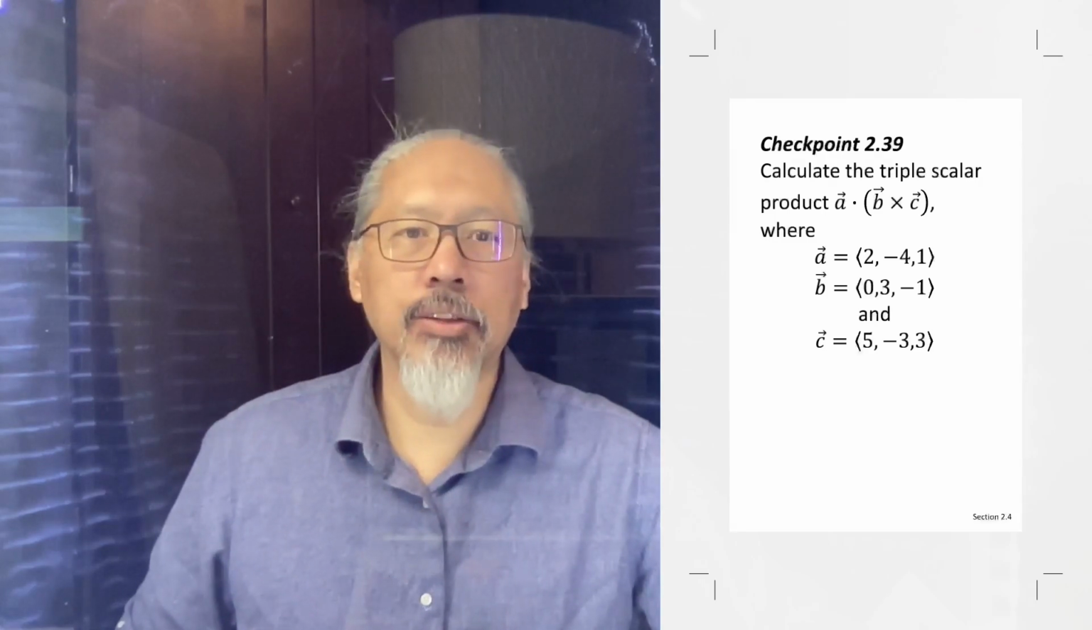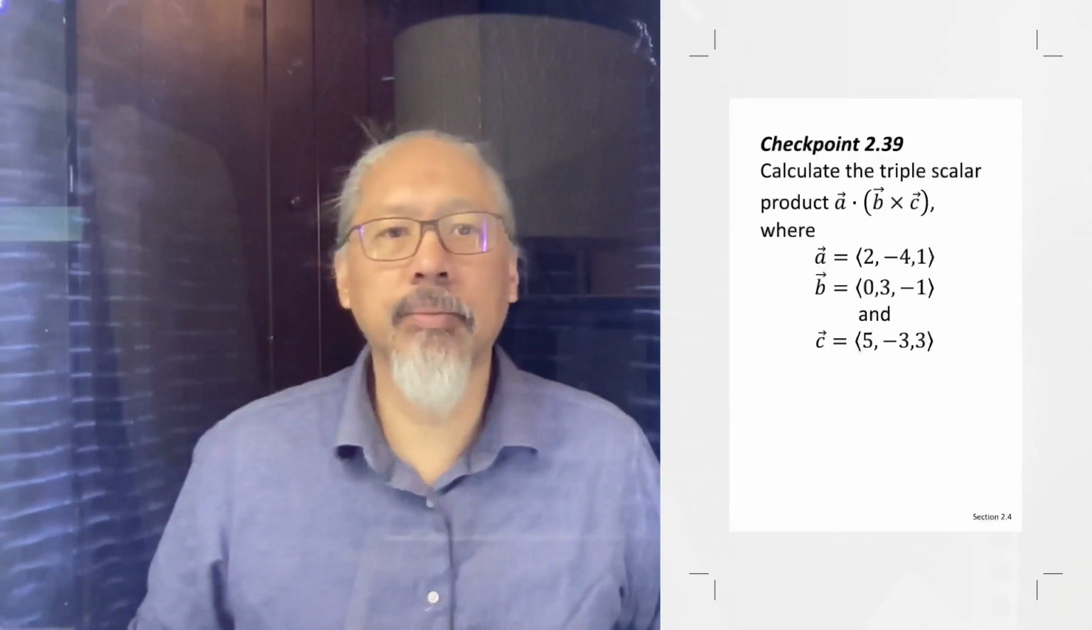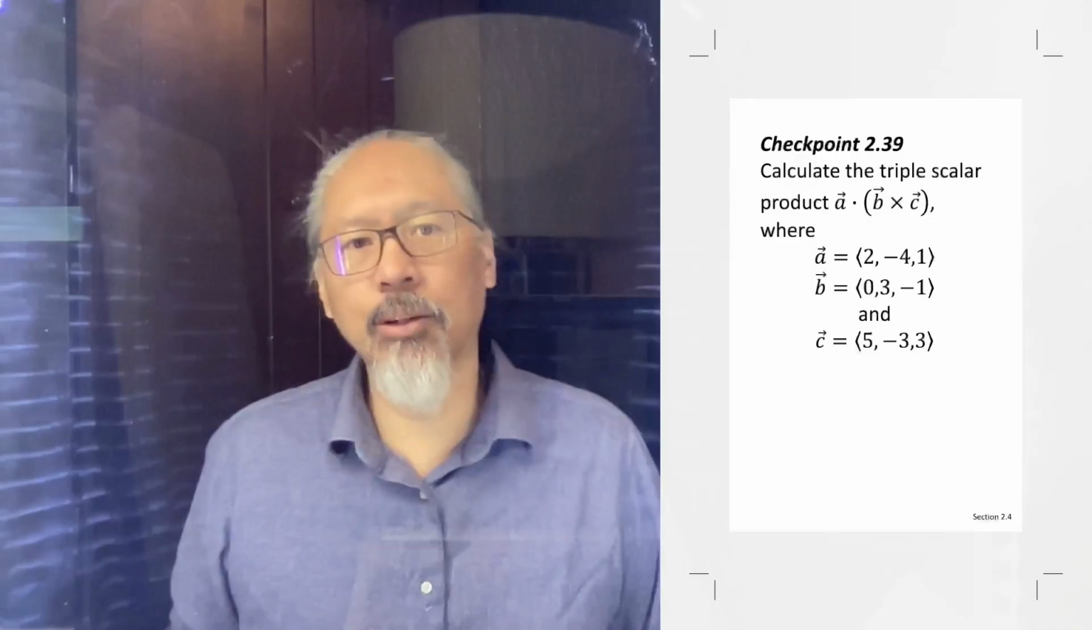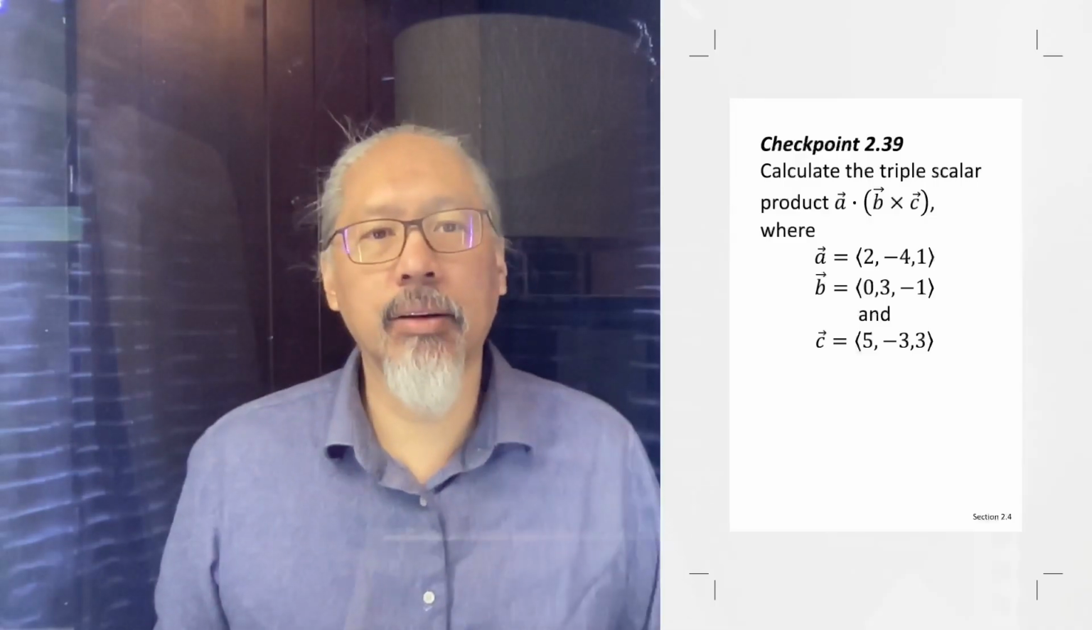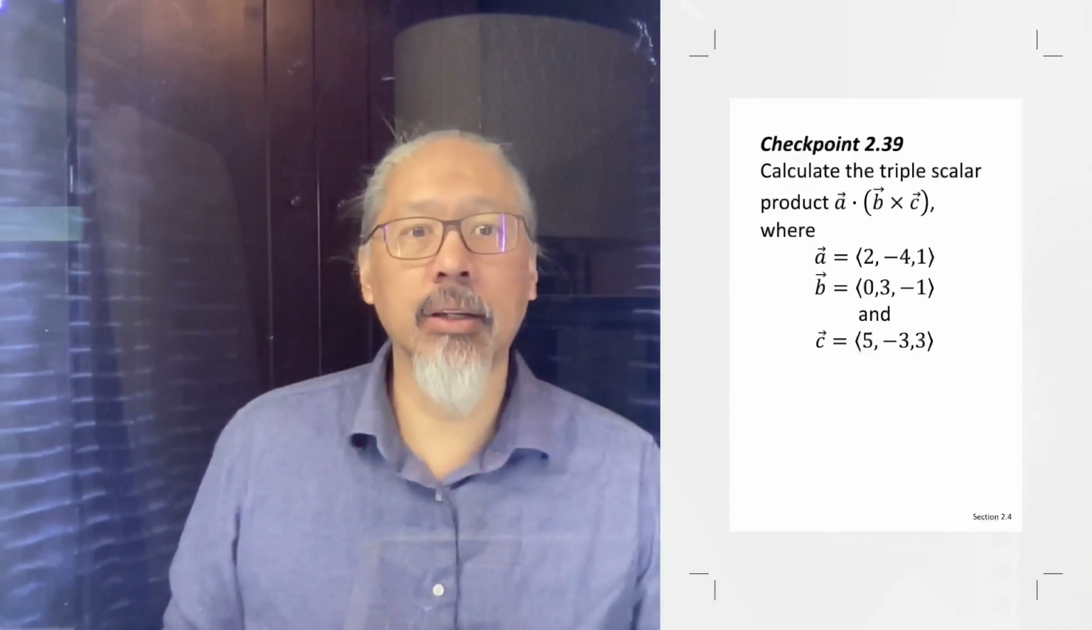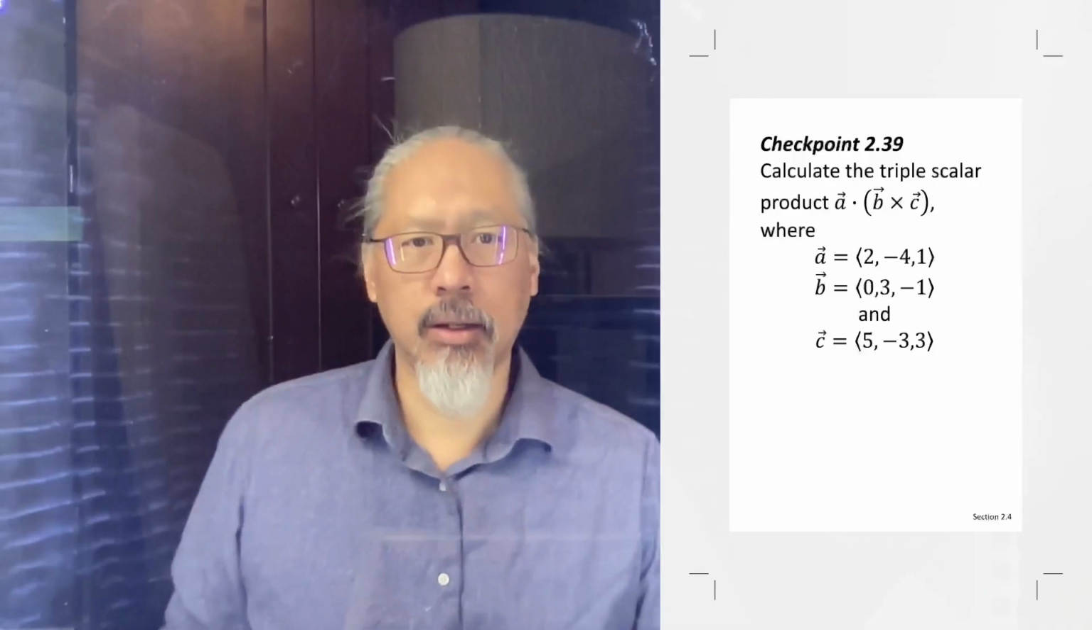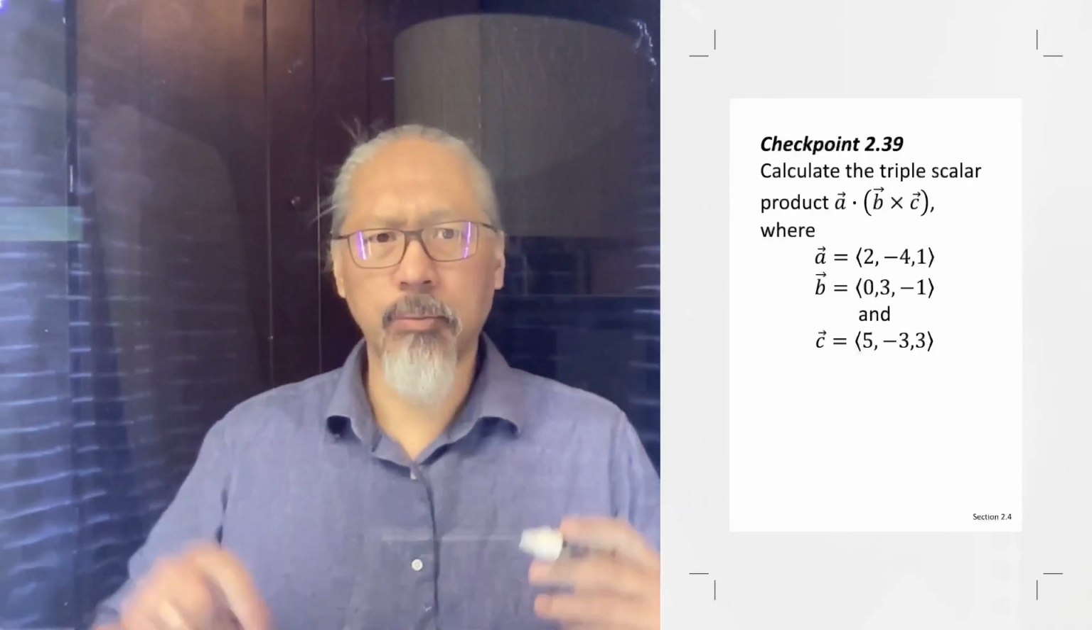Hello, let's work on checkpoint 2.39. They want us to calculate the triple scalar product. That's A dotted with B cross C. And then they give you the values of A and B. So